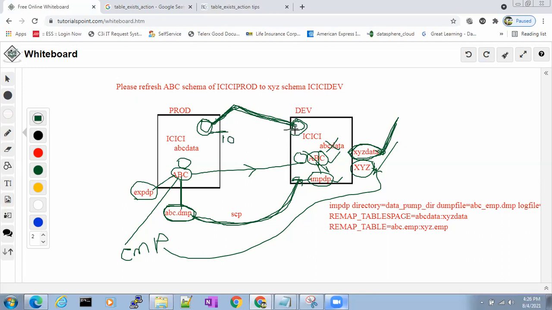Already the same table exists here, but it is having only 5 rows. So when I export and import, how many rows does it have to import here? Already 5 rows are there, so it won't touch these 5 rows. It will import 5 more rows, and it will make it 10. Understood? It will not touch the existing data. It will just check whatever data is missing here, and it will only import that data.